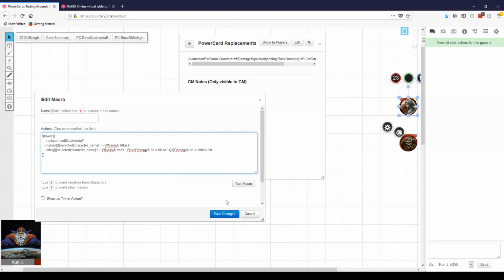Okay, so really all we're doing here is going to display a couple lines of text that tell us what the weapon does. So we can test this out, and we see quarterstaff does 1d6 on a hit or 2d6 on a critical